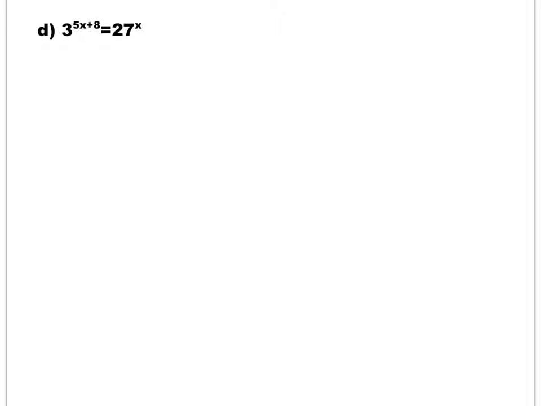Let's try to express 27 as the base 3. It turns out that 27 can be written as 3 exponent 3, then exponent x. Now using the fact power to power, we multiply 3 by x, we get 3 exponent 3x